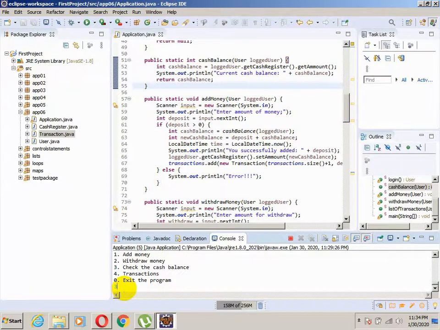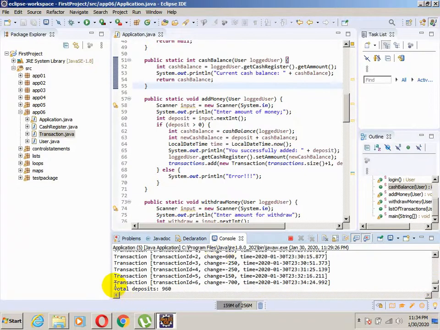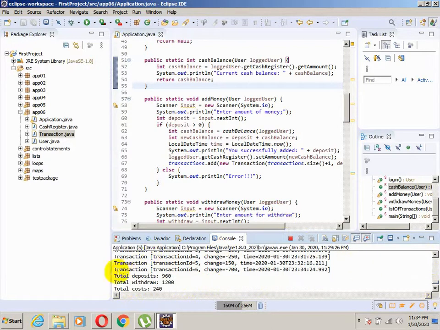We can check the cash balance. As you can see, now the current balance is 250, and if we check transactions now, we have the last transaction. Don't you see, this is a really perfect application. Now we have a transaction where we withdraw 700, and now you will see the total deposits are